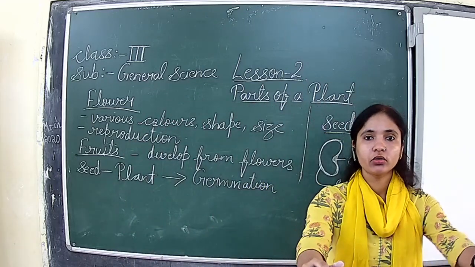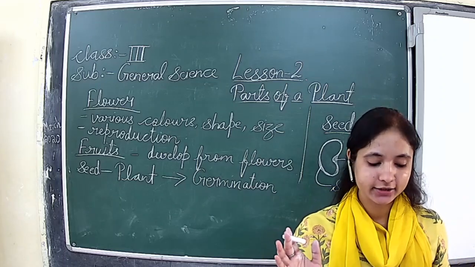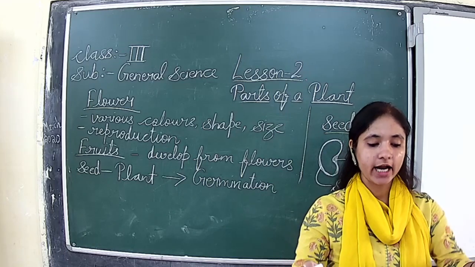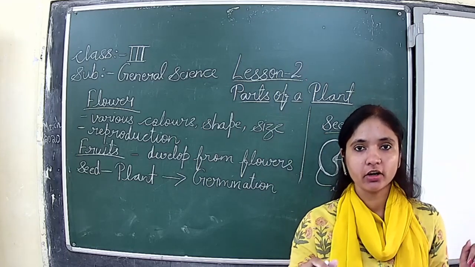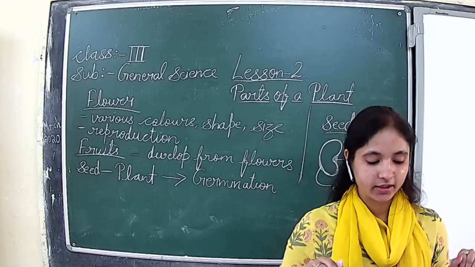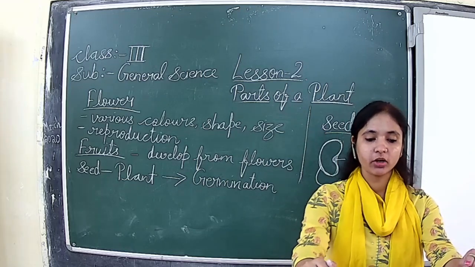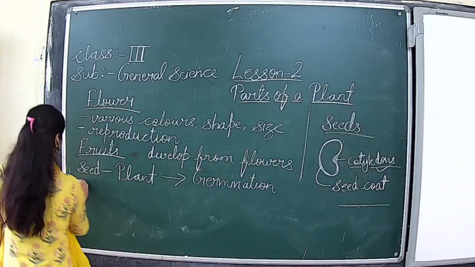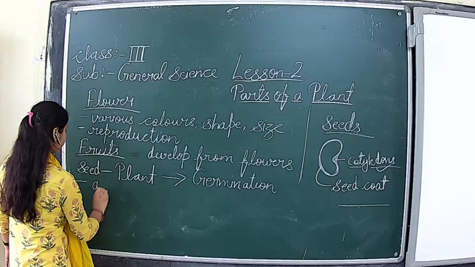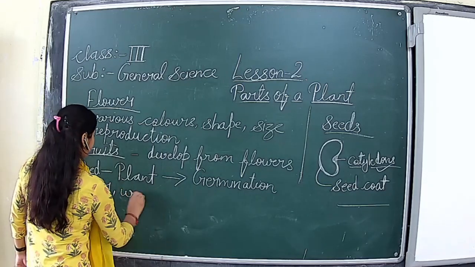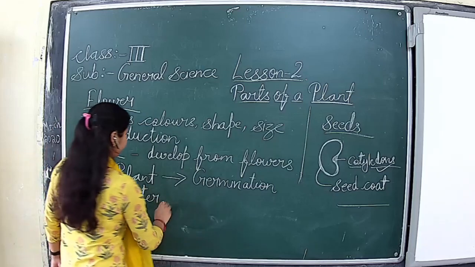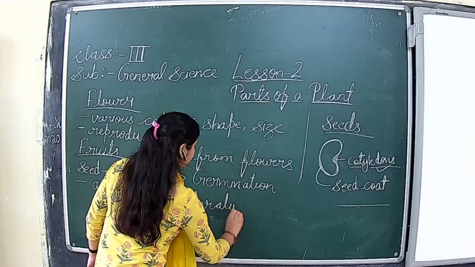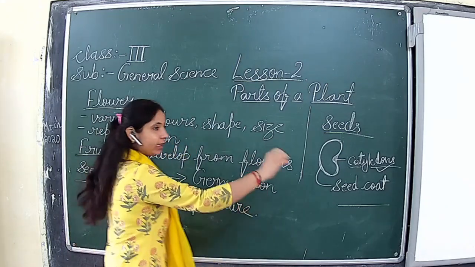And what type of seed do we have to grow? We should grow mature and healthy seeds only. To grow seeds, what is the requirement? To grow seeds, we need the right amount of air, water and temperature, that is warmth. Thus, the seed makes the reproduction of plants possible. So we need enough air, water and suitable temperature. These are the requirements of a seed in order to germinate into a healthy plant.